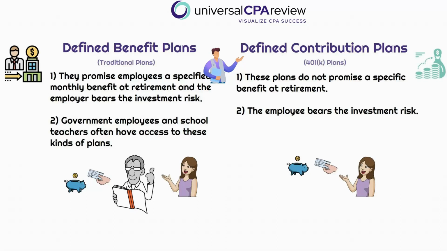So in comparing defined benefit and defined contribution plans, it's like comparing a promise to a potential, right? With defined benefit plans, you know what you're going to get, which can be reassuring. With defined contribution plans, you have a chance to accumulate more based on your investment choices and market performance, but you also have the uncertainty of not knowing exactly how much you will have when you retire.